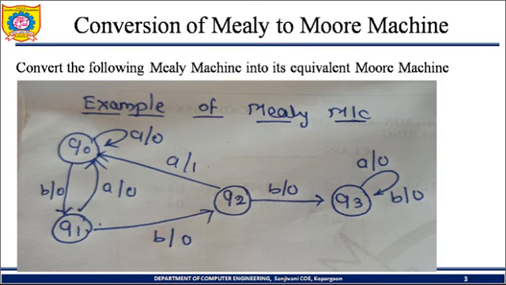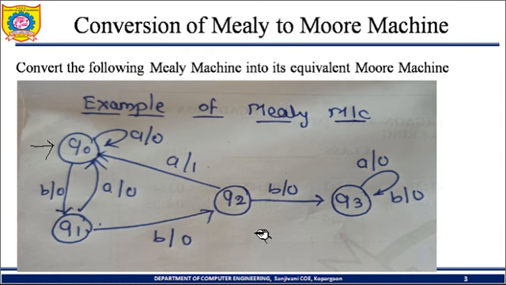We know that in case of a Mealy machine, output depends on the current state and current input alphabet. That will decide the output, or we can say that output is associated with the transition. Now here you can see in this diagram there are a total of 4 states: Q0, Q1, Q2, Q3, where Q0 is the initial state, and input alphabets are A and B, and output alphabets are 0 and 1.